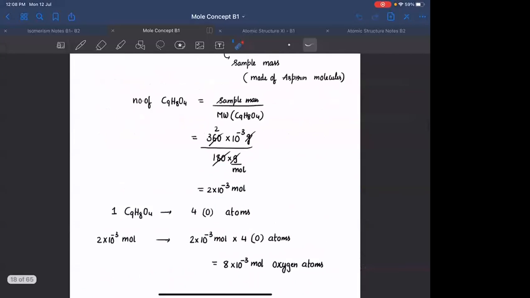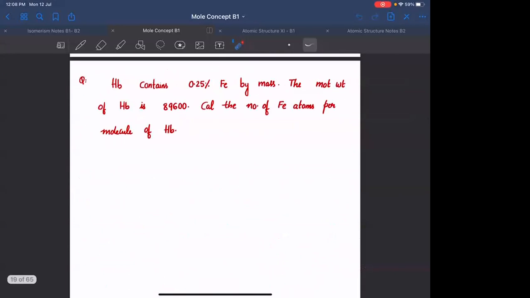So in our last lectures, in the chapter of mole concept, we have seen the definition of mole and the relation between AMU, mole and gram. 1 AMU is equal to 1 gram per mole. We have seen how to analyze molecules with the help of the number of molecules, and how to calculate the number of atoms of each element in a given sample. We have seen a question on a glucose sample, where we had to calculate the number of carbon atoms, oxygen atoms and hydrogen atoms. What did we do for that?